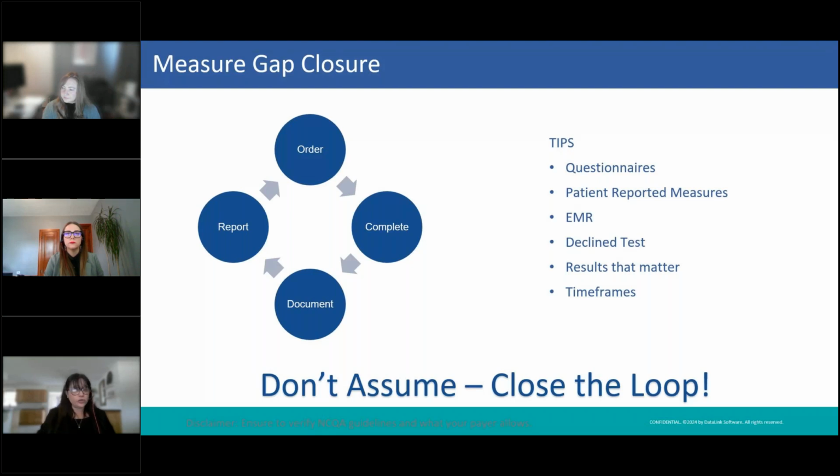Put it both on your new patient questionnaire and your annual wellness visit questionnaire. Make sure that there's a preventative medicine section to ask about their breast cancer screening, their colorectal, and their eye exams. Remember that these measures can also be patient reported. So there's no need for you to be going to hunt down a colonoscopy report from 5 years ago. Just asking this information on the questionnaire will help you document it in the EMRs.